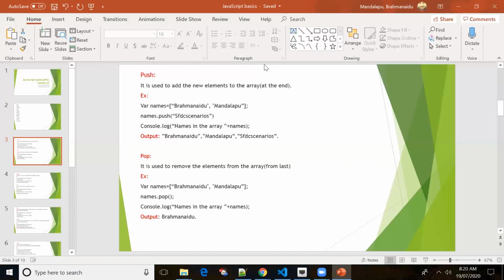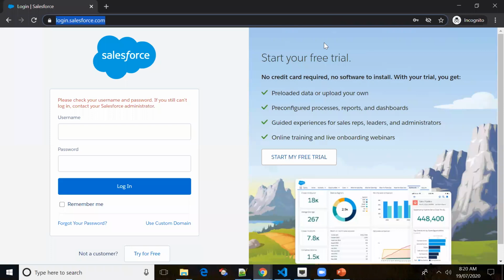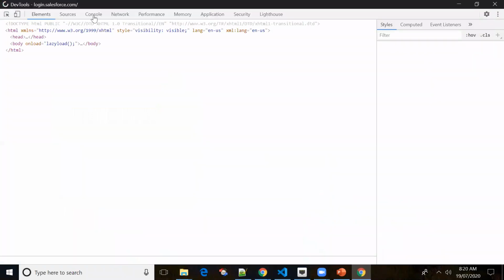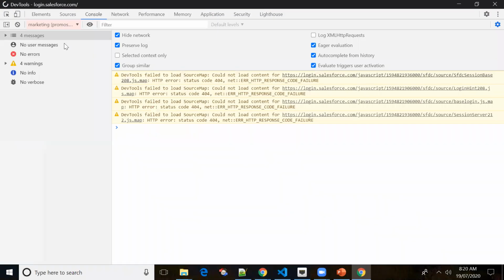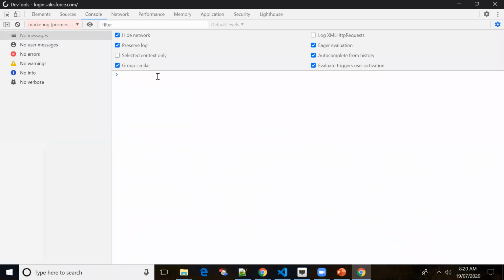We have other methods for that as well, but what push does is add the elements right at the end of the array. Now let me show you an example on this. I'll just inspect and show you in the browser itself. Let me clear this. I'm creating an array.